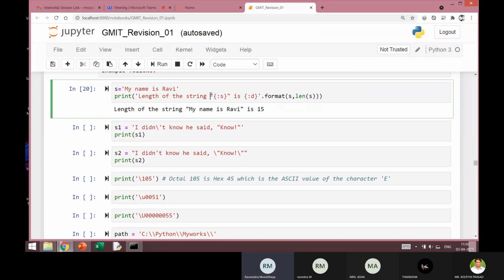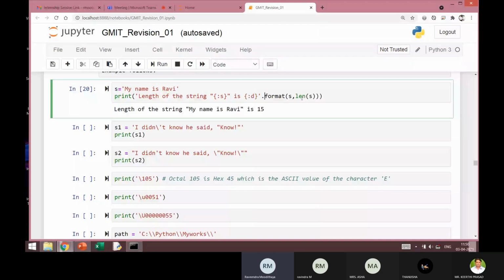And I also have to put it inside this quote. Of course, this quote will come in the output. Okay. Whatever quote that I have put, this double quote is coming in the output. So if you don't put this quote, that will not be available in the output. Okay. Is, then again this curly brace colon d. So this d is the placeholder for an integer value. Okay. So I close the string here.